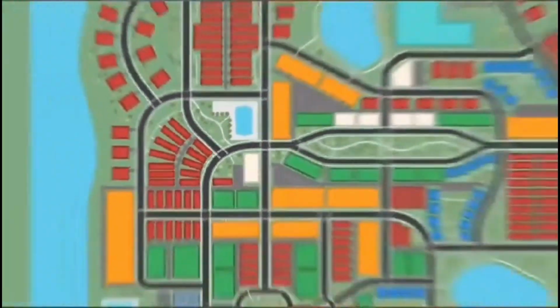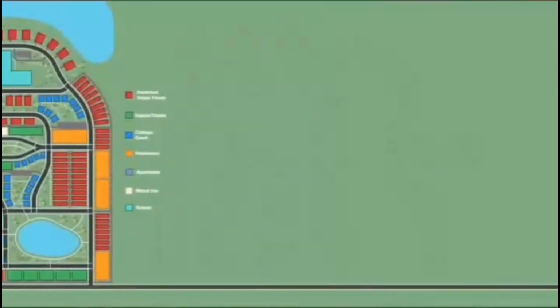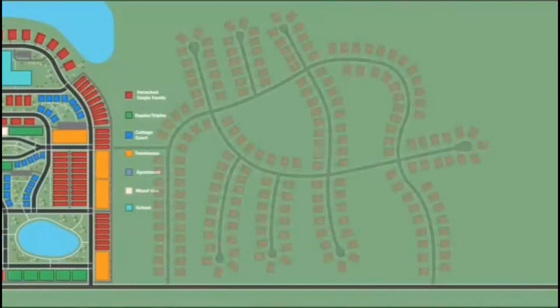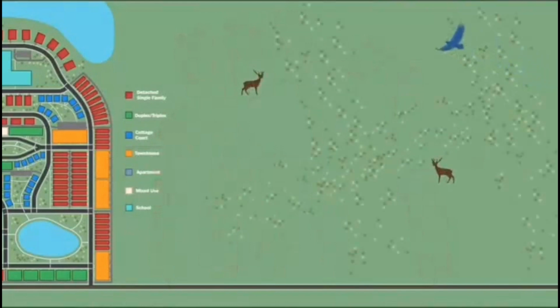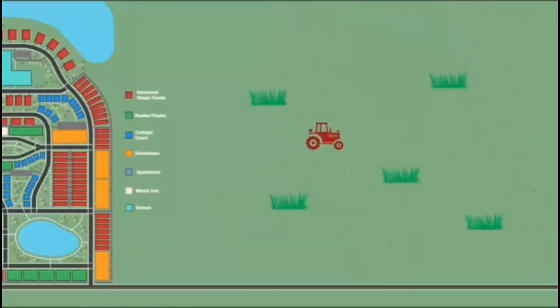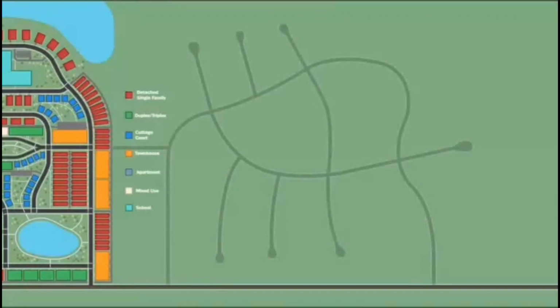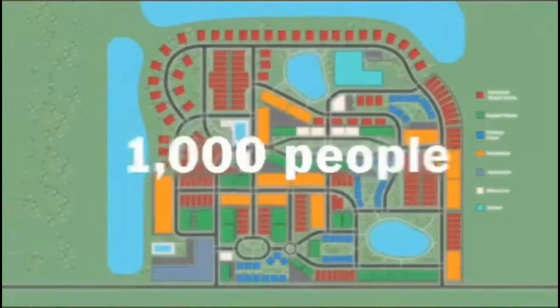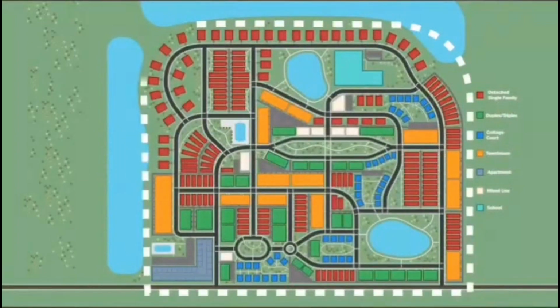Since we didn't have to purchase more land, all of that additional land purchased in the first example is able to remain untouched, whether that's natural wildlife habitat or productive farmland. And the local government doesn't have to pay for and maintain all of those additional roads and utilities that would have been built. This example uses 1,000 people and a small piece of land for the sake of simplicity to